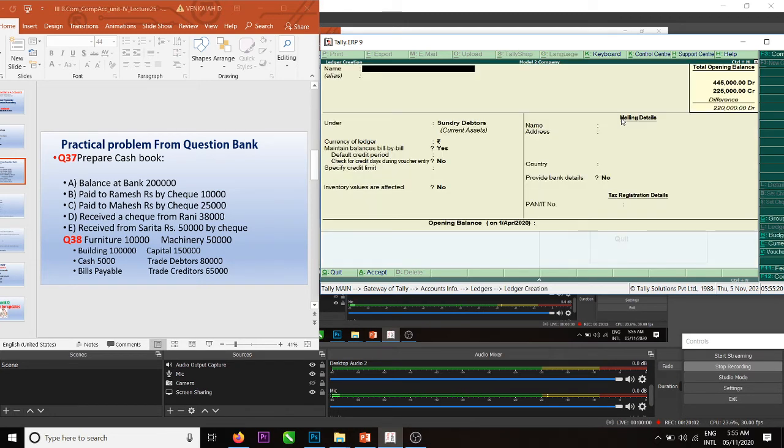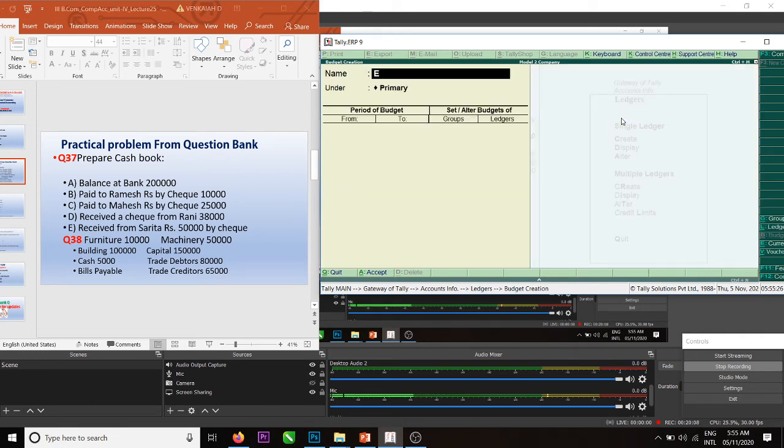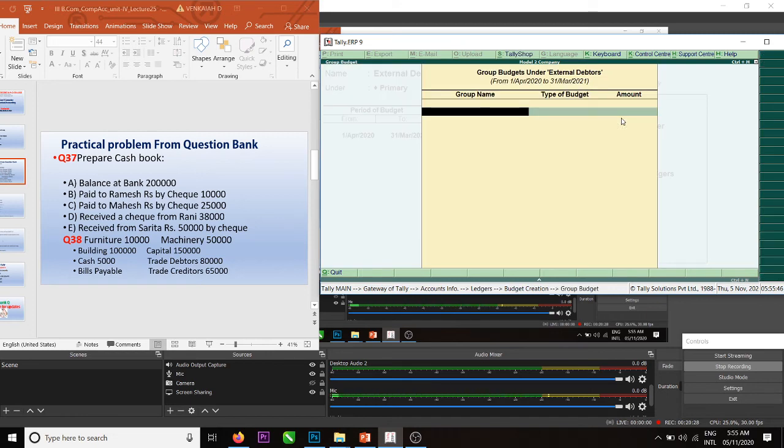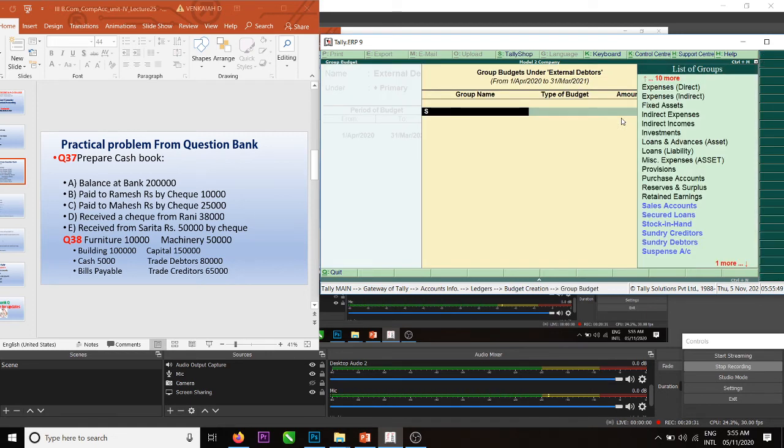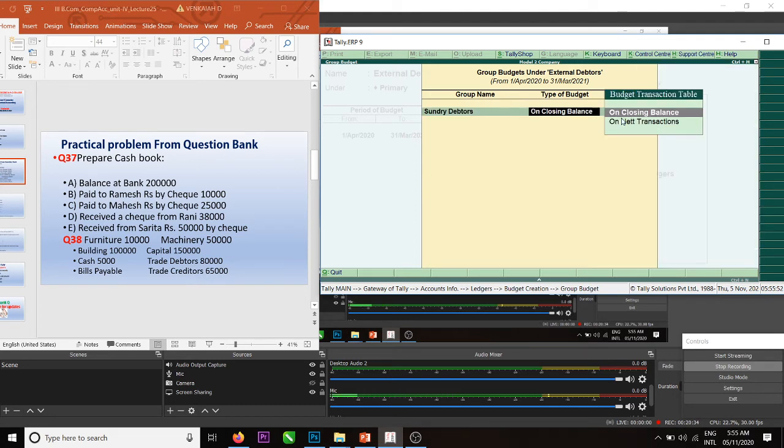Create external. Control B. External budget. Primary. Which period? Period of budget it is asking. Which group? Debtors group. Sundry debtors. Sundry debtors, closing balances. So my external sales should not be more than 5 lakhs.